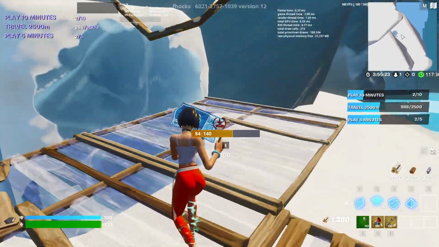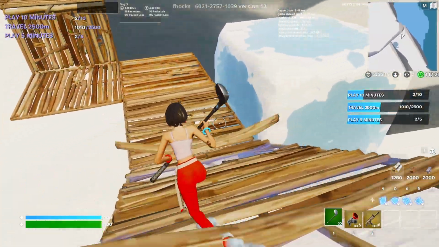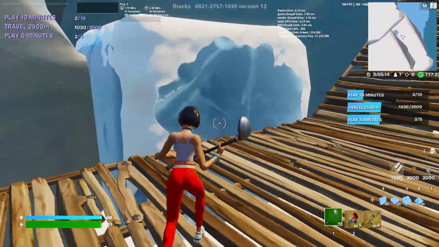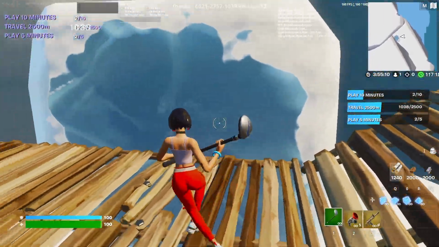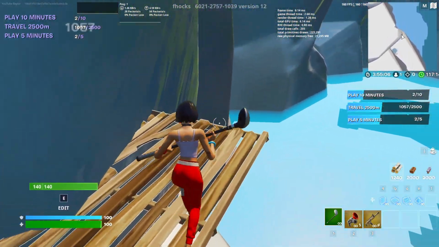Okay, we got to connect it, but then if you put 2 ramps here and a floor here, let me show you guys this. So if you build all the way over here, and then you build across this cube right here, and then once you're standing here across from it, you want to build 2 ramps and 1 floor. And then you guys will notice that